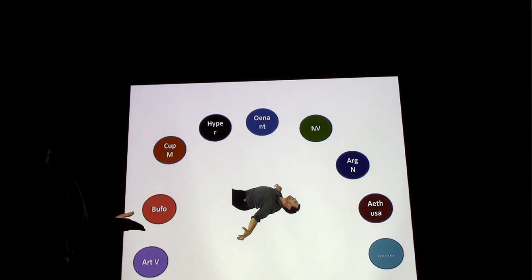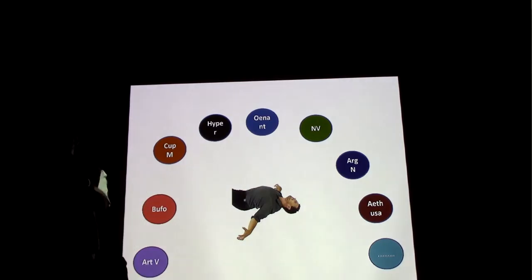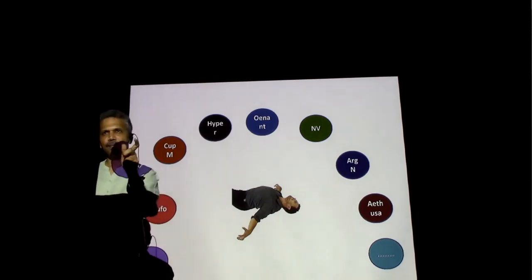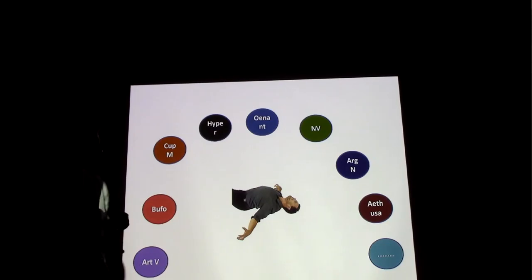Symptom was not matched. Beautiful, very good. Similia similibus curanter. One of your friends says, sir, must be that the patient's symptom did not match with any of these remedies. So, as a homeopath, I did not give him that particular remedy. Now what is the remedy? So what is the remedy that I prescribed and why did I prescribe?